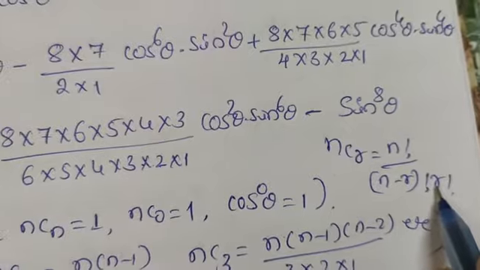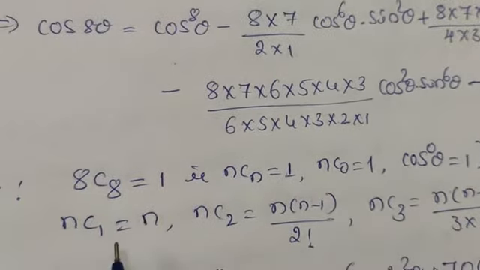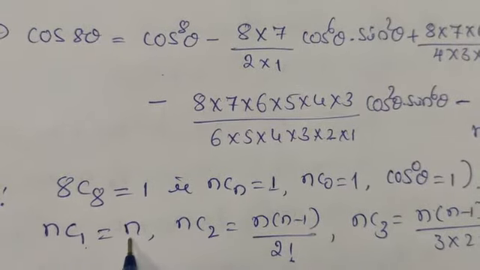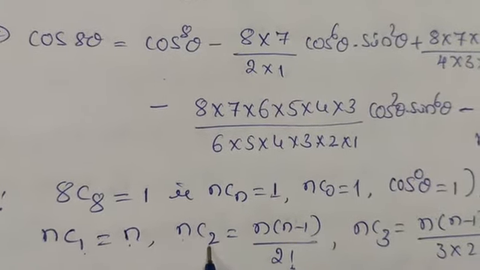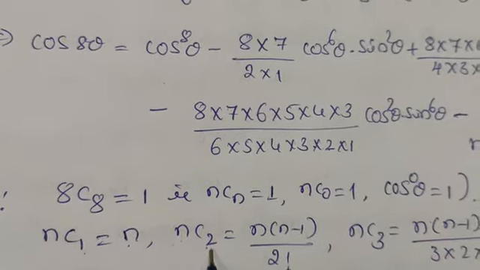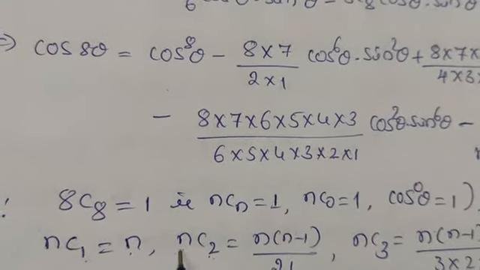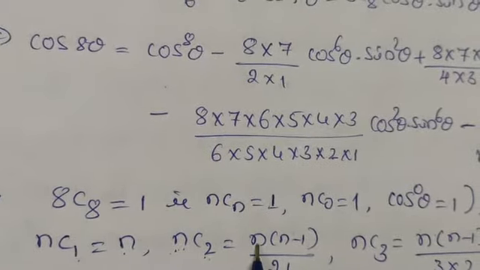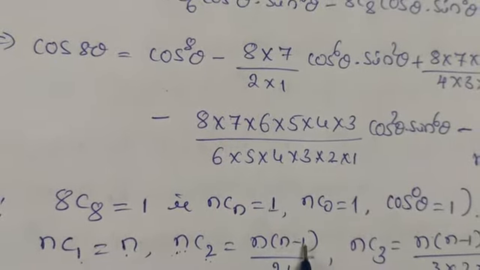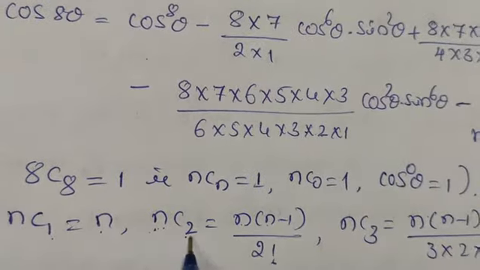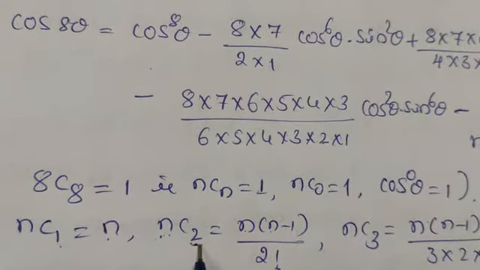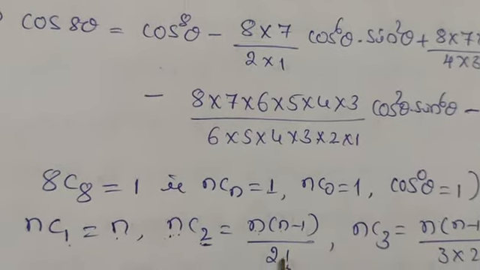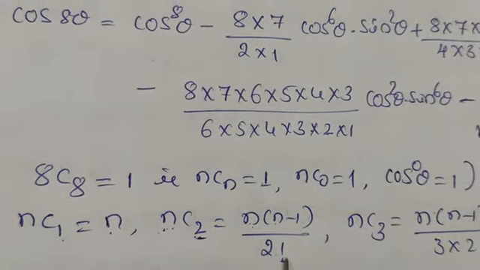And we have one more short method to find the value of NCR. So NC2 means you have to write two terms starting from n, reducing 1 in each term. That is, first you have to write n, next is n minus 1. You have to write only these two terms. Whatever the number we have here, you have to write those number of terms. So n into n minus 1 divided by 2 factorial.